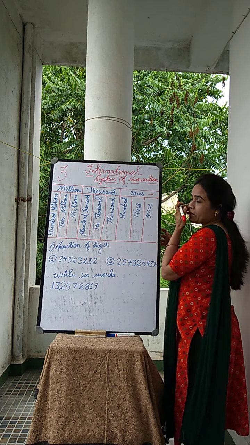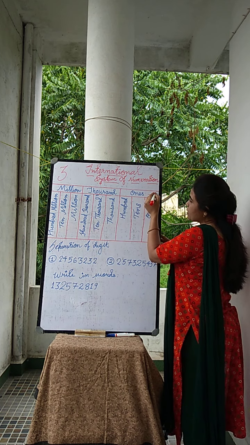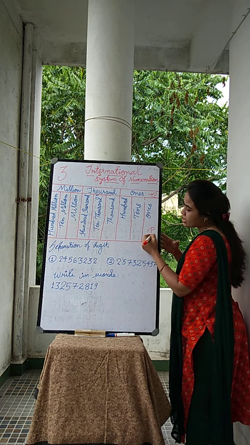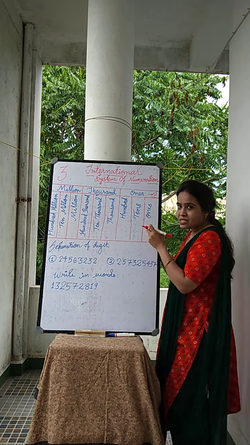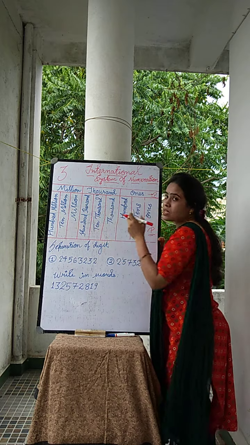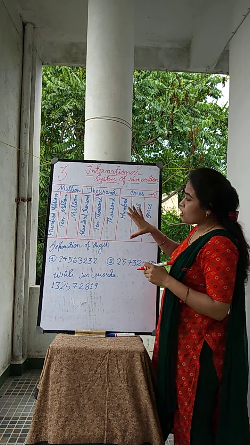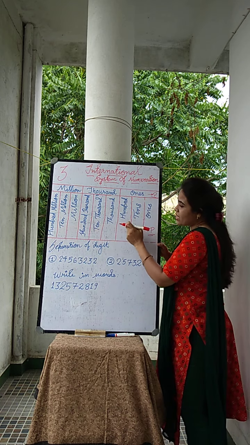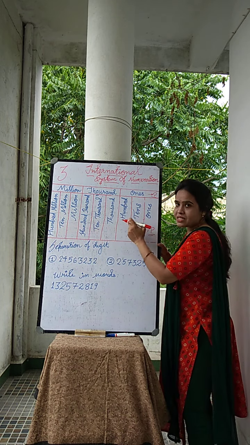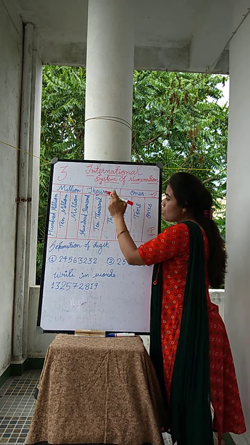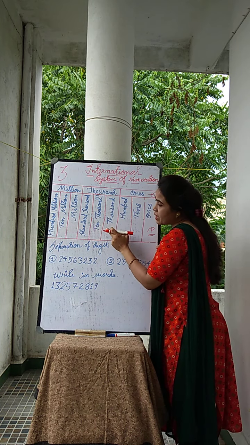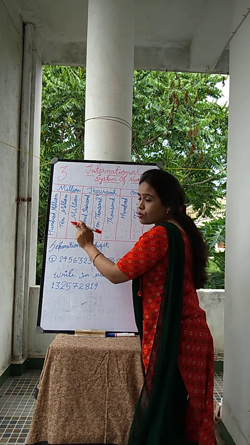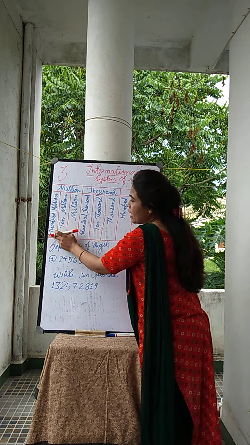This column is related to what? It's the period. And this column is related to places. This column shows the places of the numbers. This column shows the period. In each period we have three places. In ones we have ones, tens, hundreds. In the thousand also we have three places: 1,000, 10,000 and 100,000. In the million also we have million, 10 million and 100 million.